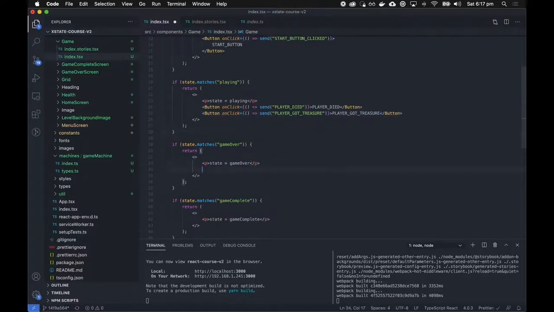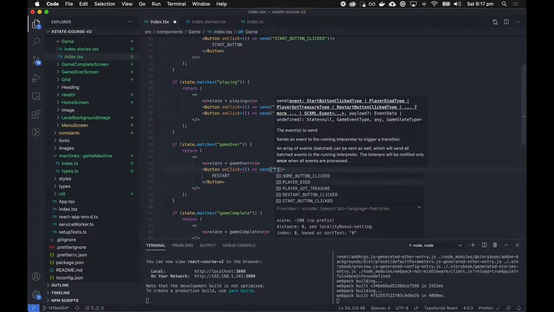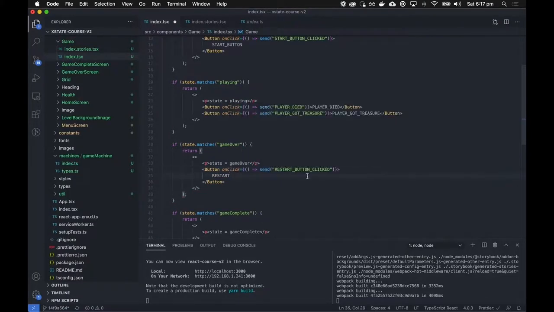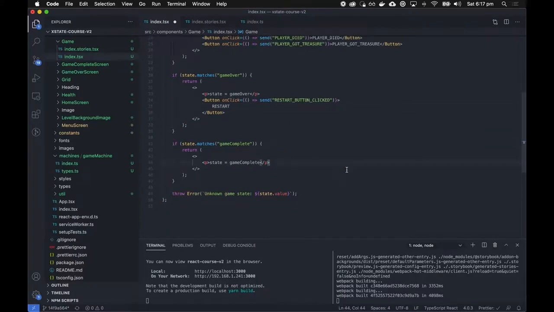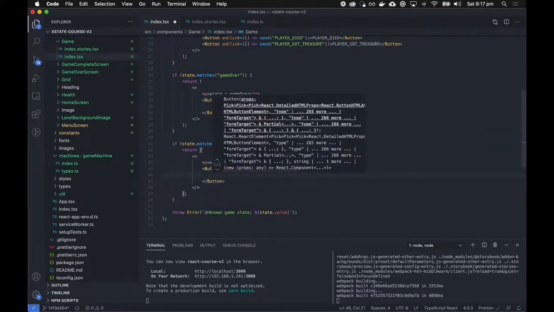In the game over state, add a button. This will be the restart button, so on click, send restart button clicked. And the last one, on the game complete state,